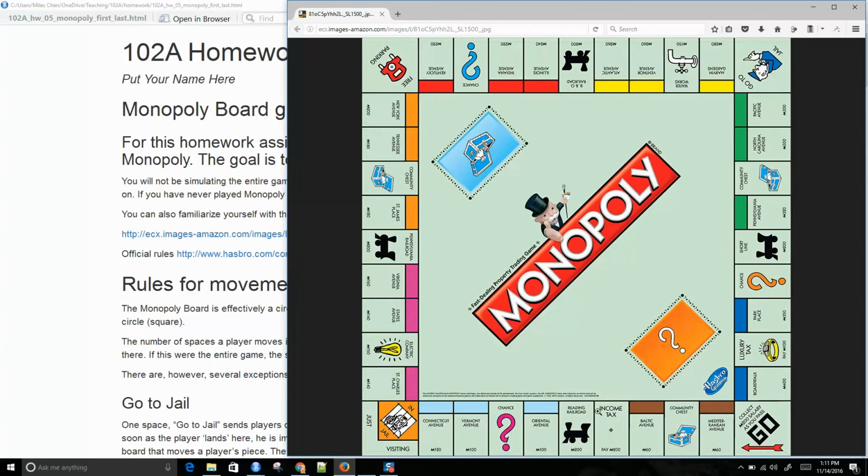In your assignment, I am having you simulate a bunch of rounds of Monopoly, and I just want to find out which properties are most likely to be landed upon and which ones are less likely to be landed on. This has been studied